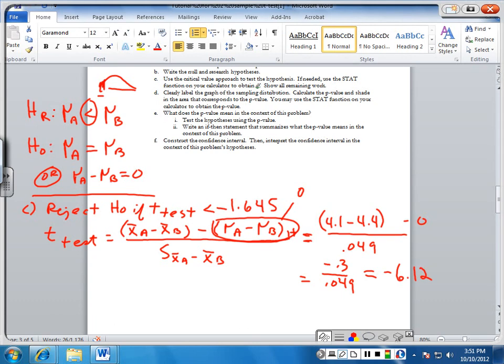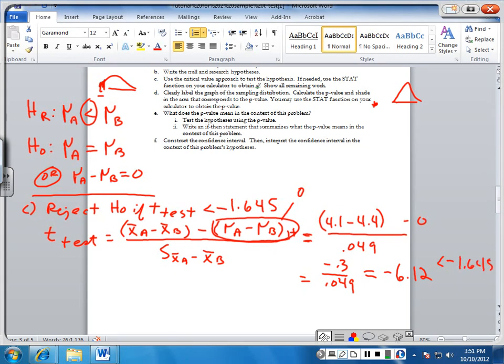Think about this for a minute. This means that we're 6 standard errors below the mean. If we were drawing this out, and we will in a minute, that means we're down here. Just remember, plus or minus 3 would have about all of the data, so we're quite a bit further even than that. That is less than minus